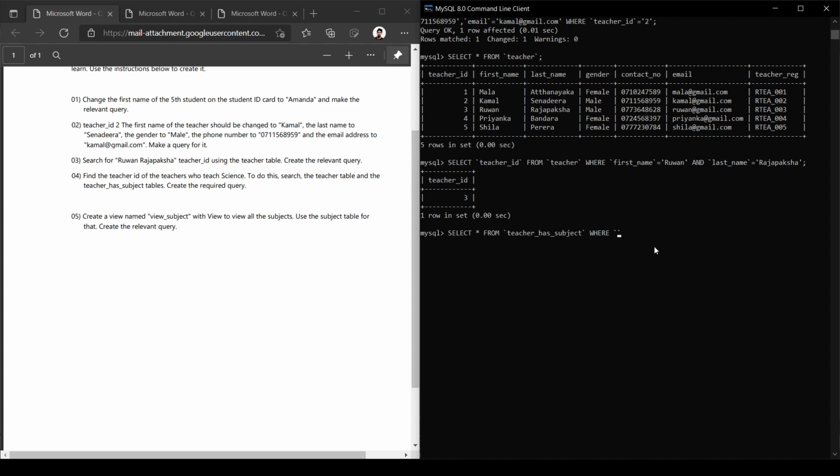in teacher has subject table, the subject id should equal to.